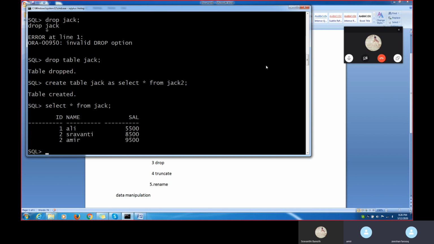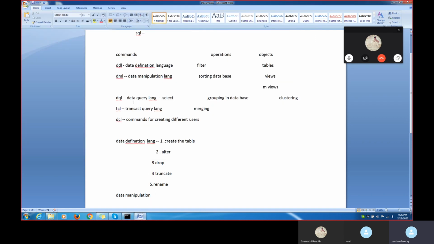Yes sir. What I did first: I created a table. Then I inserted values into the table. Once I inserted the values, I took the backup under another name. And once I took the backup under the other name, I dropped the table again, and then restored it back. Can you guys create this and show me as an assignment?